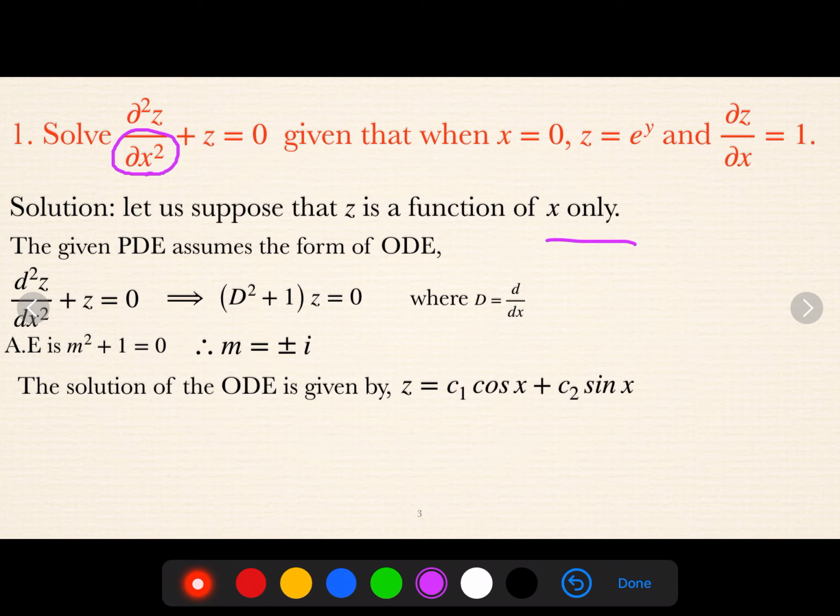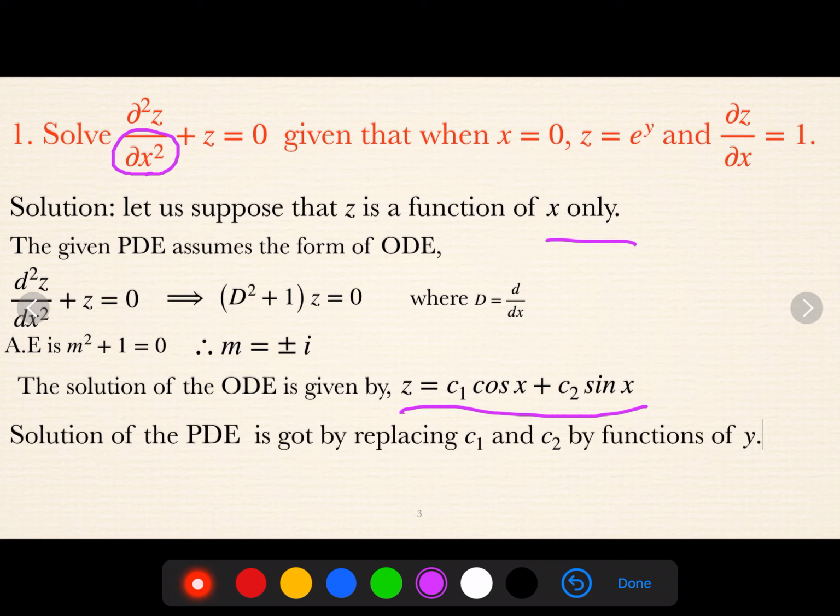Now, this is the solution of the ODE. Using this, we are going to find the solution of the PDE. Just replace C1 and C2 by functions of y. To choose this function, observe the other variable given in the question. If y is given, replace C1 and C2 as functions of y. If t is given, replace them as functions of t. Whichever second variable is given, replace accordingly. So, I will replace C1 as f of y and C2 as g of y, and call that equation number 1. Now, I am going to find the values of f of y and g of y by using these conditions.